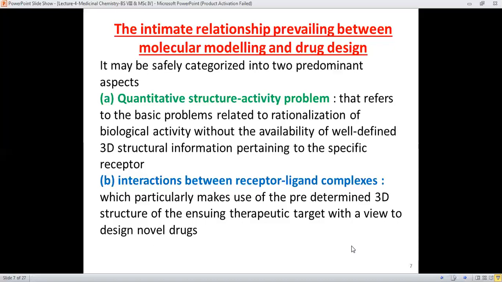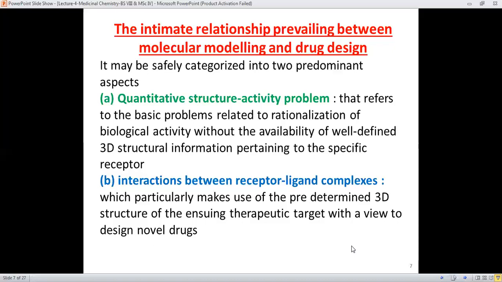And if the 3D structural information is available, first we will design the molecule in software, and in software there is a lot of information about the synthesized molecule and a lot of information about the receptors. Receptor means proteins, and all these proteins, which are the secondary and tertiary structures present in the body, are what drug molecules are responsible to bind towards.